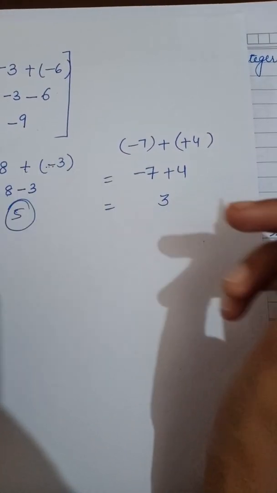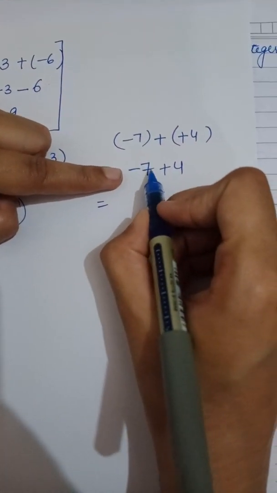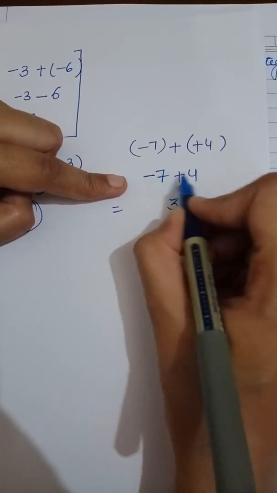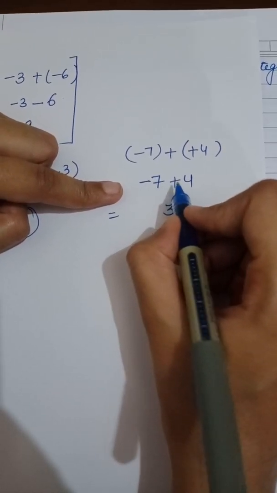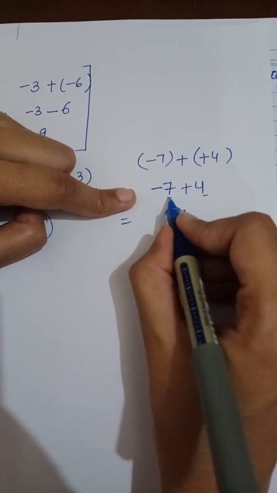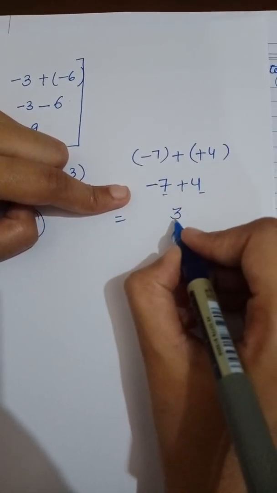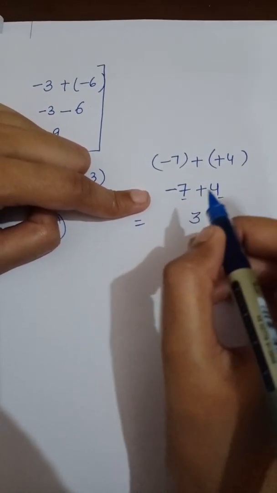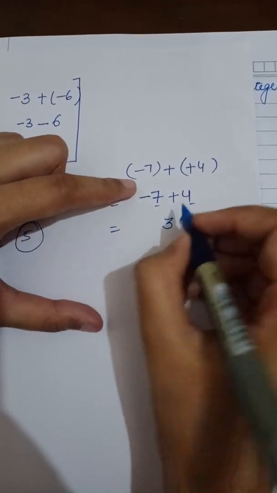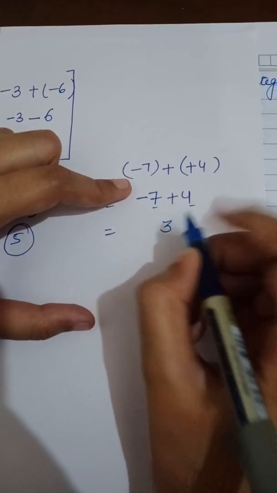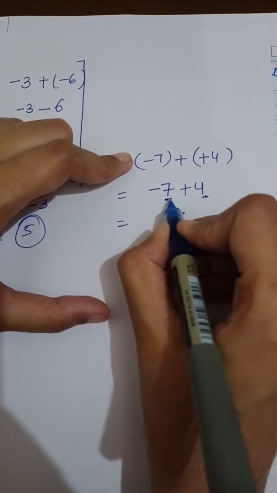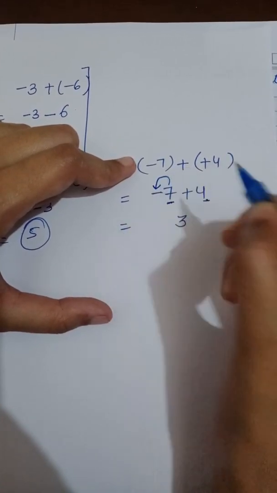Why I have subtracted? Again look. I am having one number of negative and one number positive. Because these two signs are different, what I am going to do is I am going to find the difference of 7 and 4. When I subtracted 7 and 4, what will come? 3. Now I have to place the sign here, which one is going to be plus or minus. Whether this 3 is going to be positive or negative, how I am going to identify? Out of 7 and 4, which one is the greater? 7. And with 7, which sign is there?